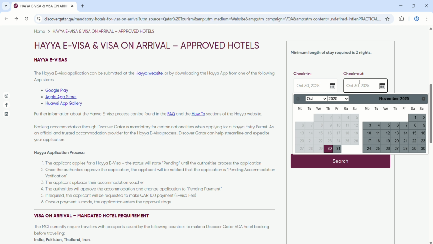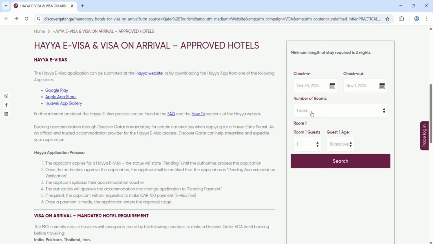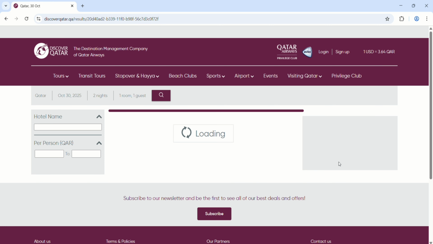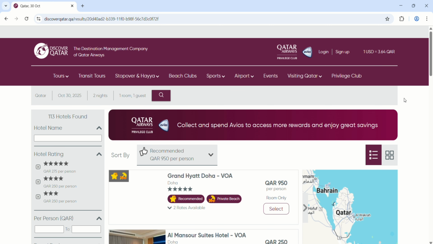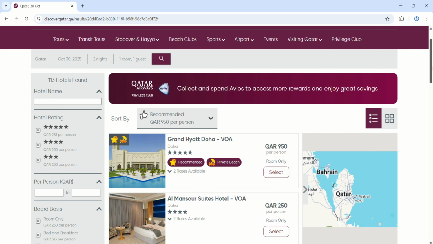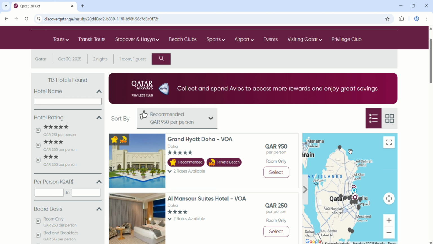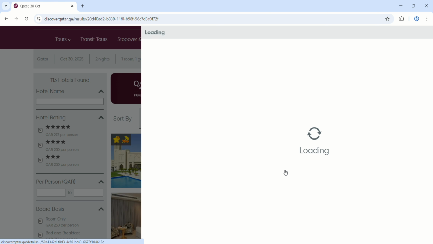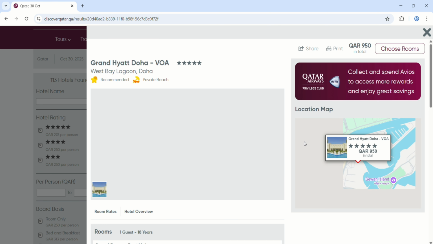And here we have to select the check-in and check-out date. Minimum 2 nights is required. So you can select your check-in and check-out date, how many people, how many guests and their ages, and search. And here you can see the hotels. Any of these hotels you can select, just click on select and mention here your